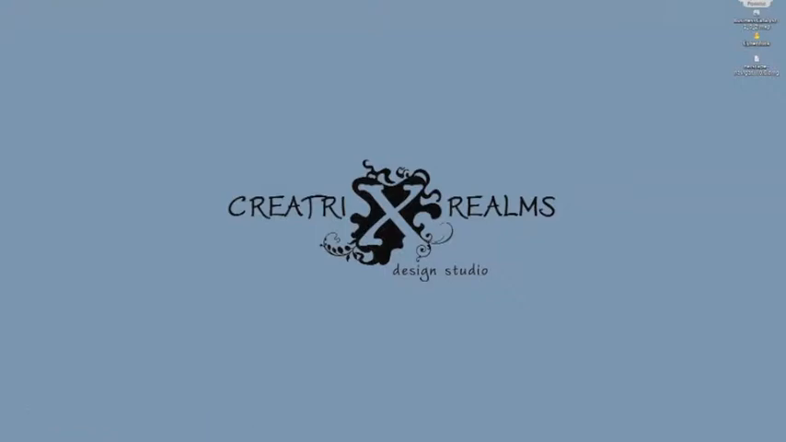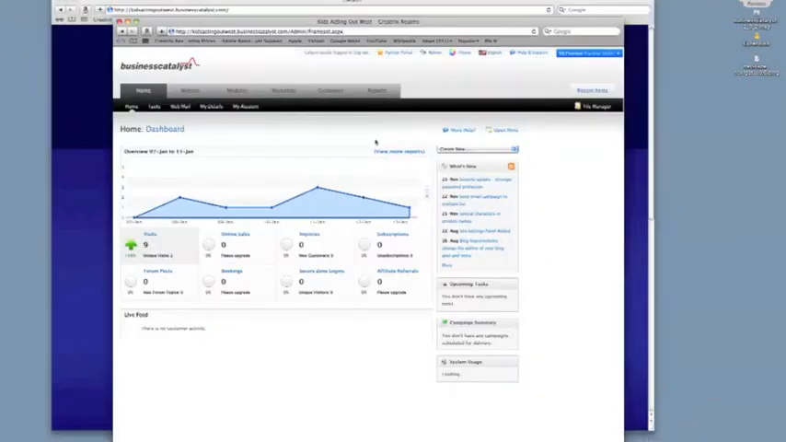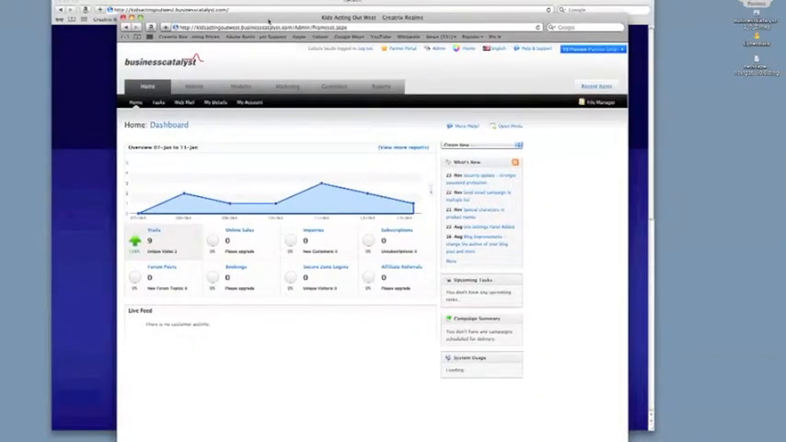Today I'm going to show you how to edit your site or to create a new page in Adobe Business Catalyst. So we're going to replicate this page in Adobe Business Catalyst using their in-context editing. I've already logged into Adobe Business Catalyst, so we're just going to go into Website, Site Editor,